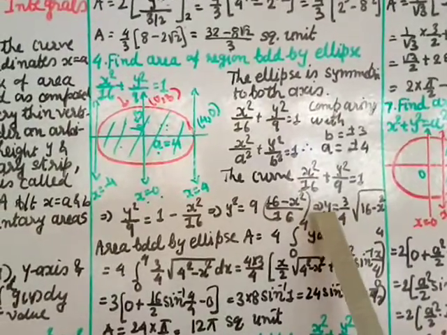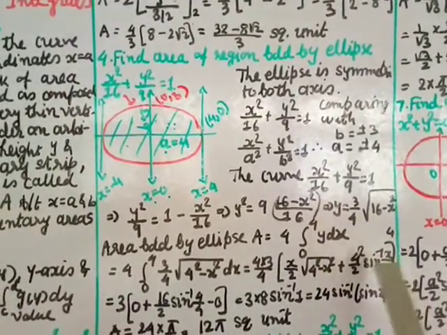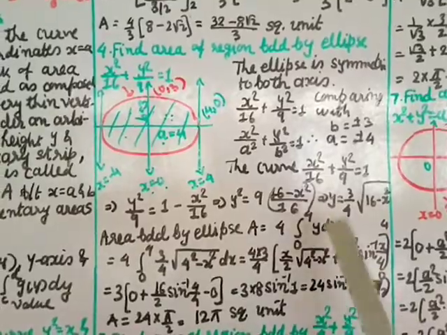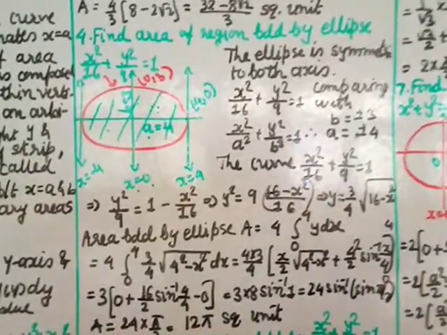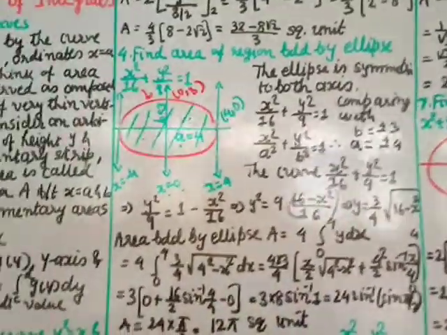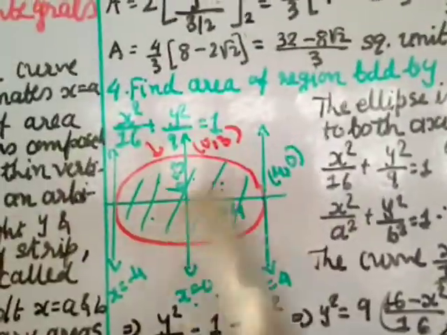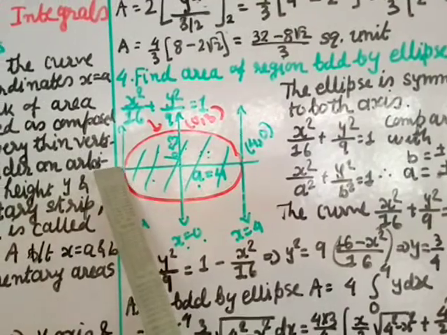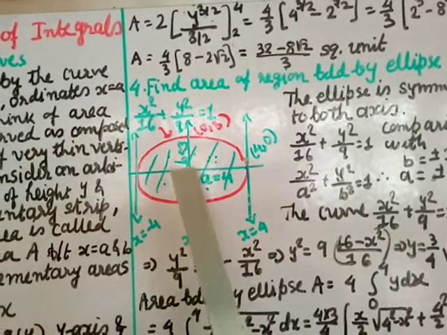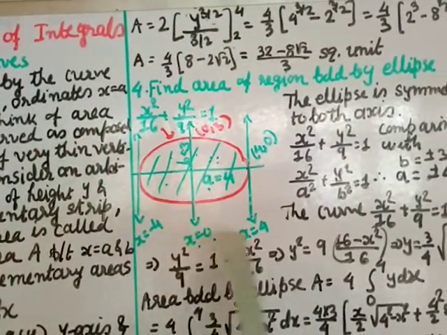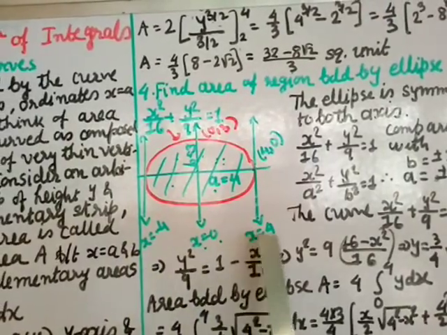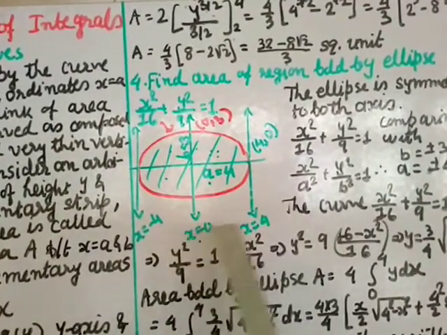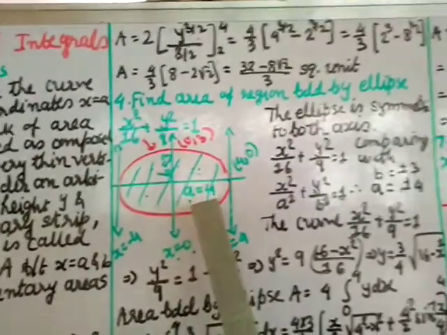Why do I need this? Because this is a function I have to use for the integration, therefore I have to write it as a y term, not y square or y cube or square root of y. And what will be the endpoints? As I already compared here, this is minus 4, this is plus 4, but I am going to count only the first quadrant, so it is 0 to 4. If it were minus 4 to 4, it would become 0, so you have to take 0 to 4 and then multiply by 4, because it is symmetric to both the axes.